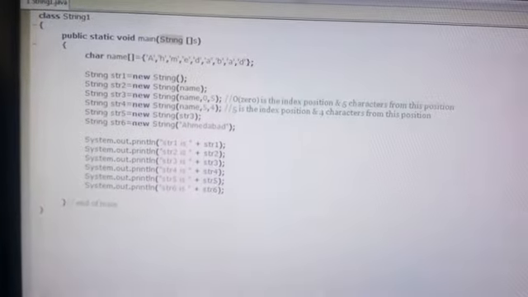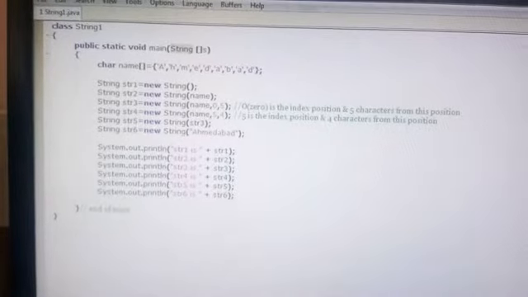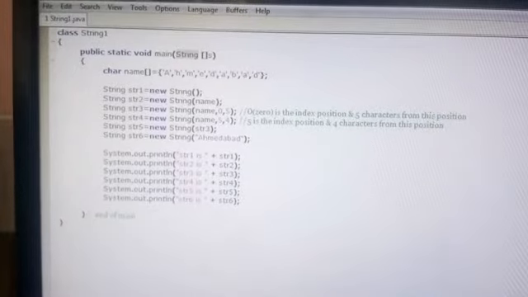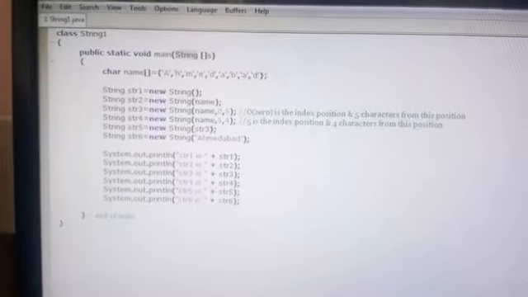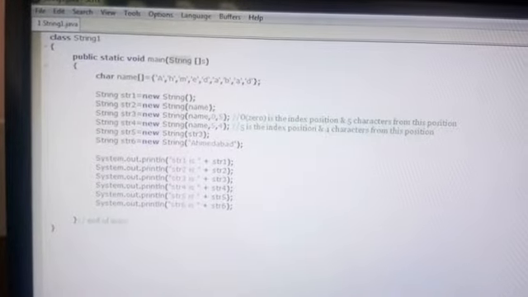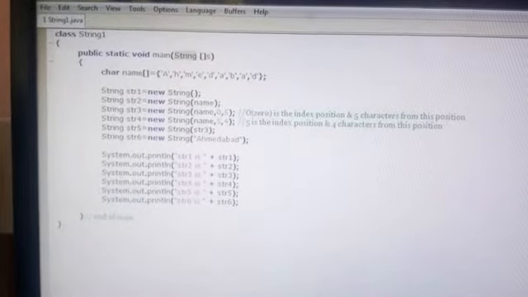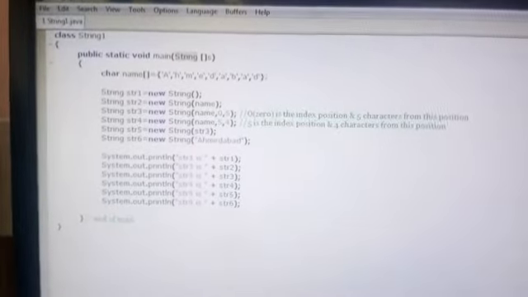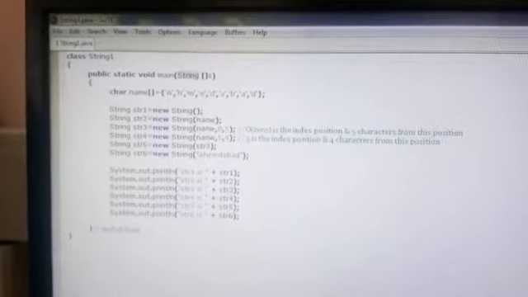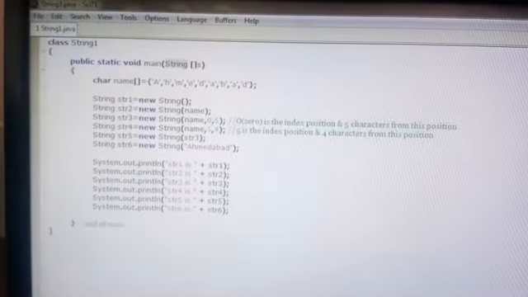You can see that my class name is string1, so my program's name is string1.java. The class which contains public static void main, that class name is given as the program name. In that, you can see public static void main and an array. Now you know why an array variable is given, because I have to store a list of values. Then here I am taking String. String is an inbuilt class, and in this class I am going to create an object.